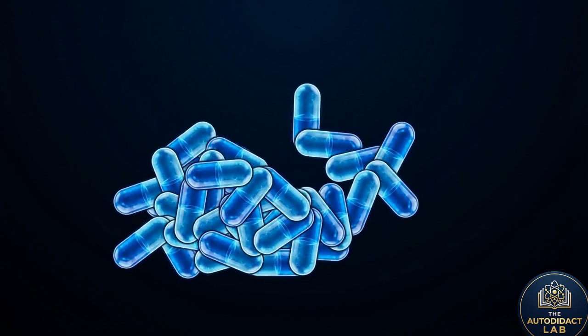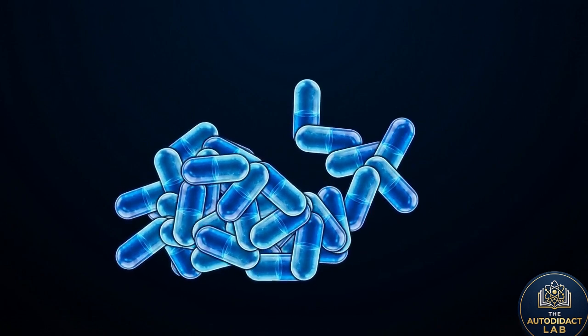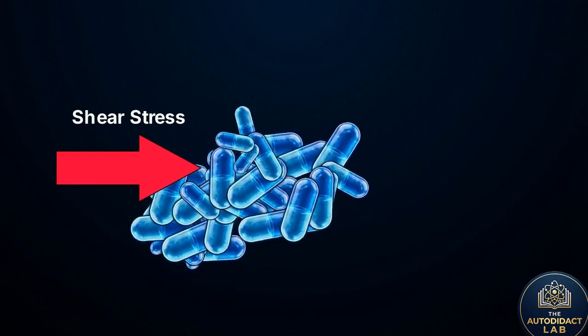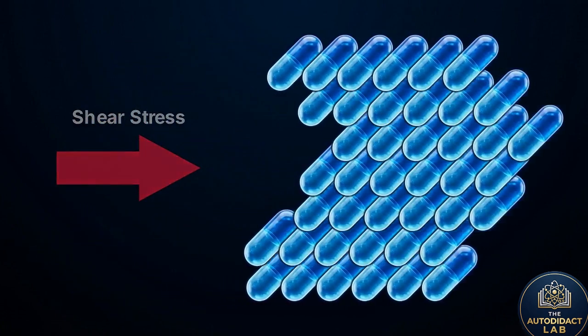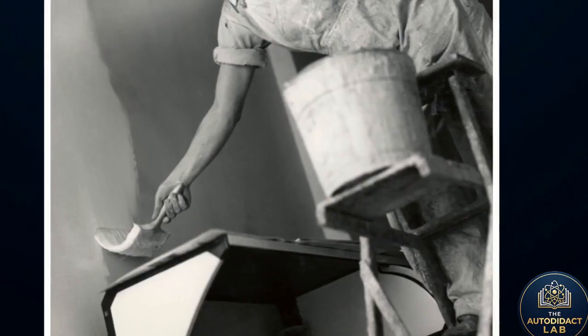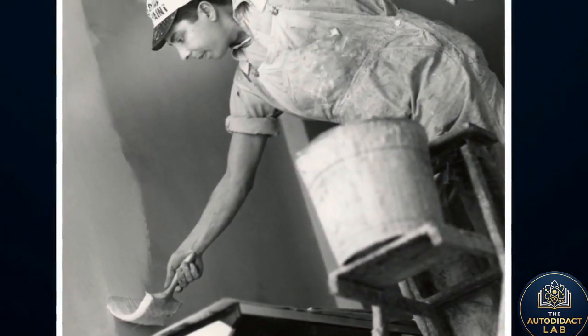Microscopically, this is polymer alignment. At rest, ketchup is a chaotic, tangled web of long molecular chains that blocks all flow. By applying shear stress, the polymers instantly untangle, align perfectly parallel, and slide past one another as a liquid. This phenomenon is why shear thinning allows house paint to glide easily off a moving brush. But in this image, once mechanical stress is removed, the paint returns to a high viscosity solid, clinging to the